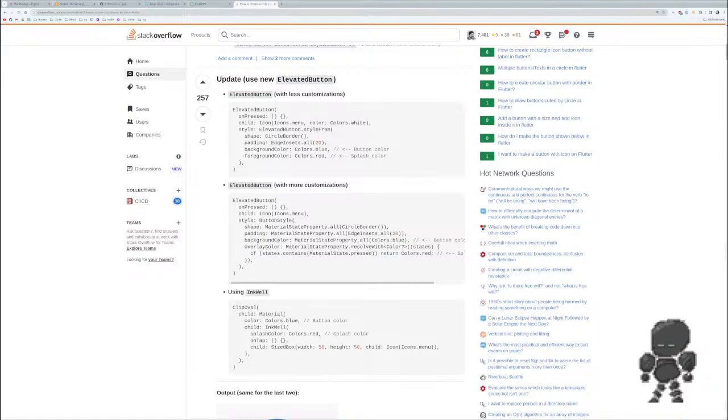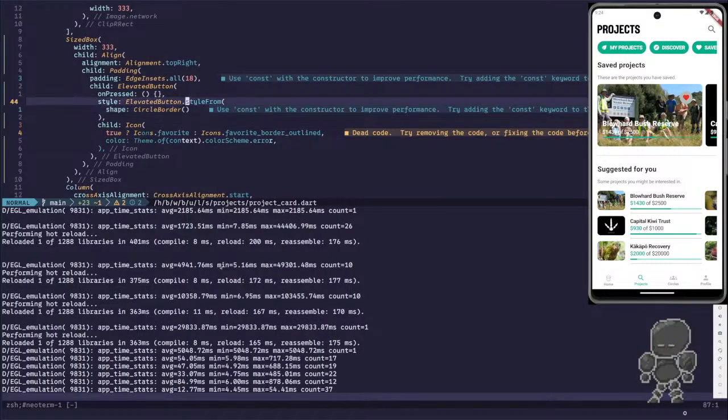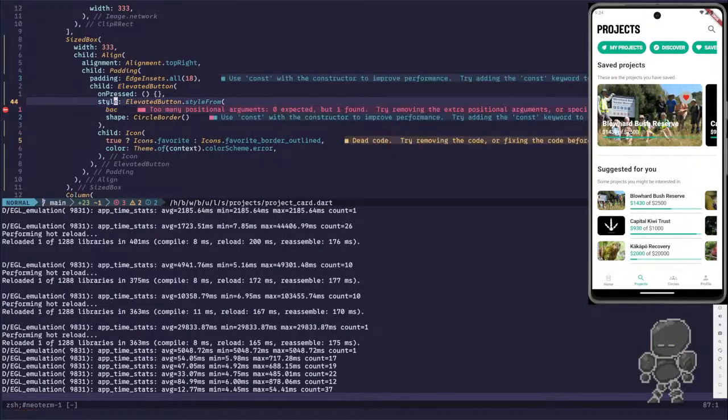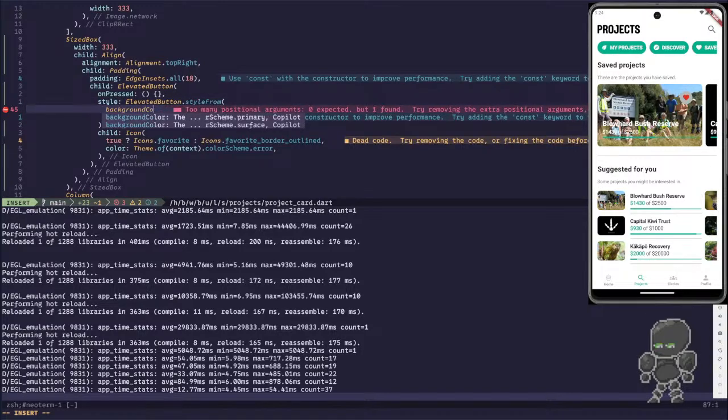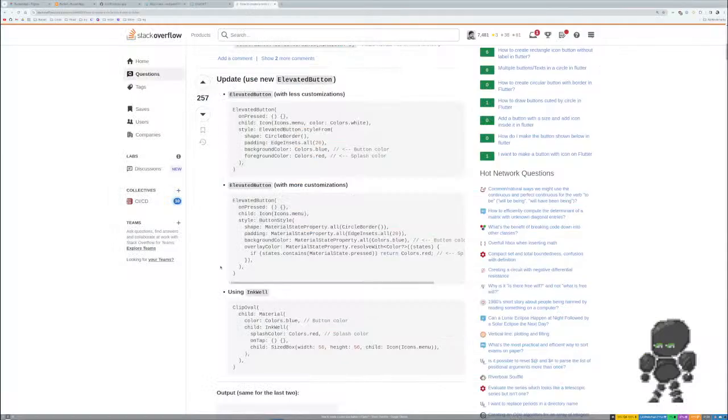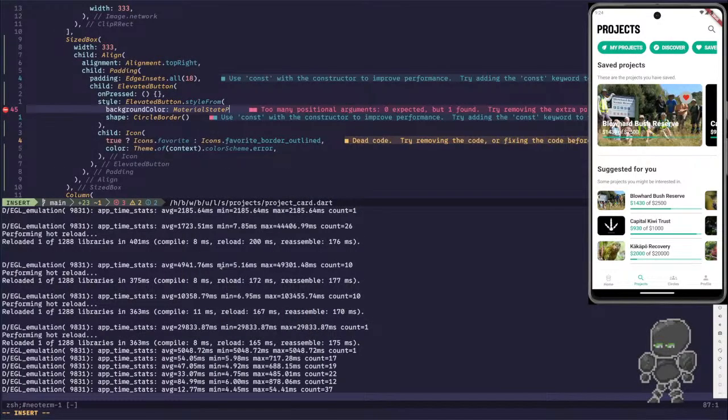Oh, background color, there we go. Material state property, all colors, whatever. Okay, so background, what? Material state property, all